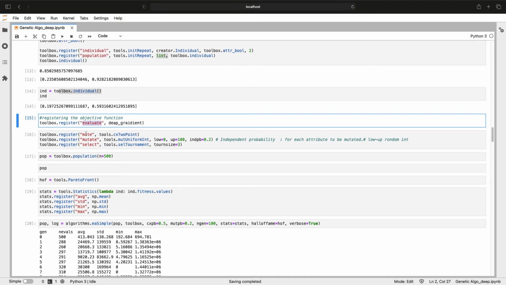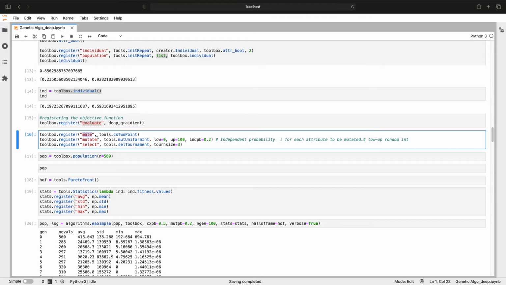In a similar fashion, I am registering mutation, selection, mating, and everything with all the information I need. These are the default values you can get in the deep documentation. It will give you more information regarding this.